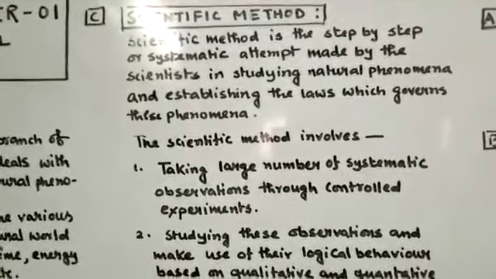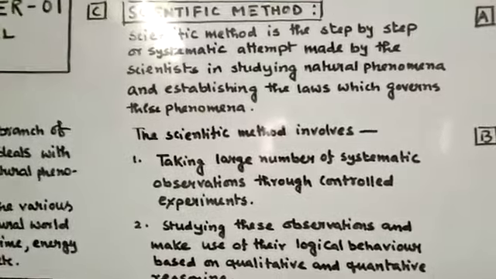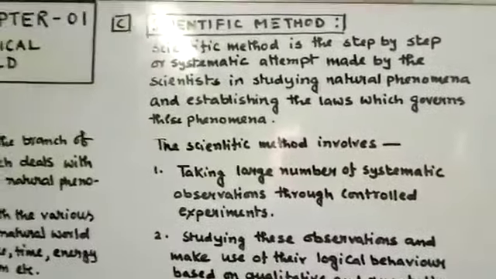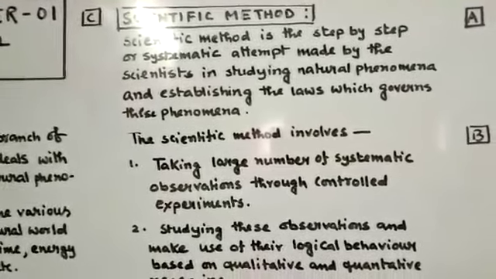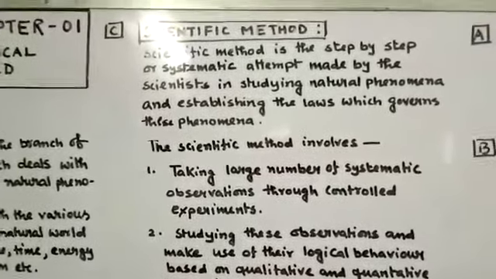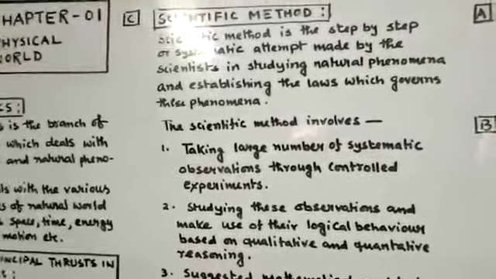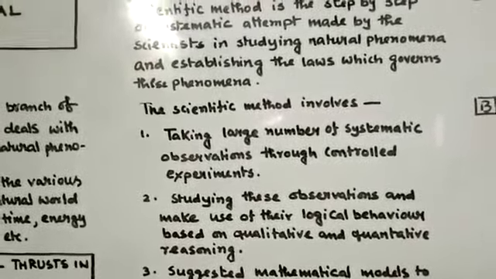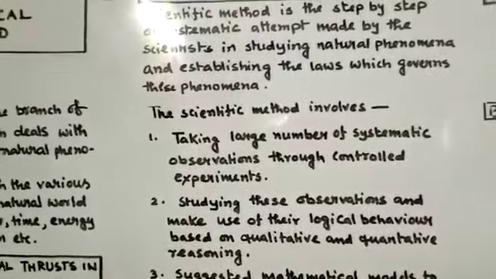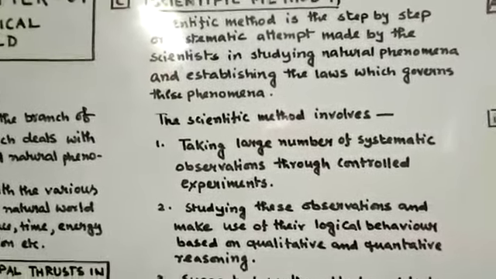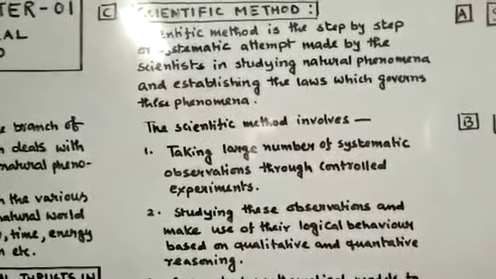Okay. Now number two, once you observe the phenomenon, what you have to do, suppose after rain, the rainbow appears in the sky. So this is some kind of observation, rainbow appears. Okay. Now we are going to observe this phenomenon, that is rainbow. Why the rainbow comes. Now number two, after getting the observation, what we have to do, we have to try that one in lab. That is your experiment. Now after rain, the rainbow appears in the sky. Now in lab, what we'll do,